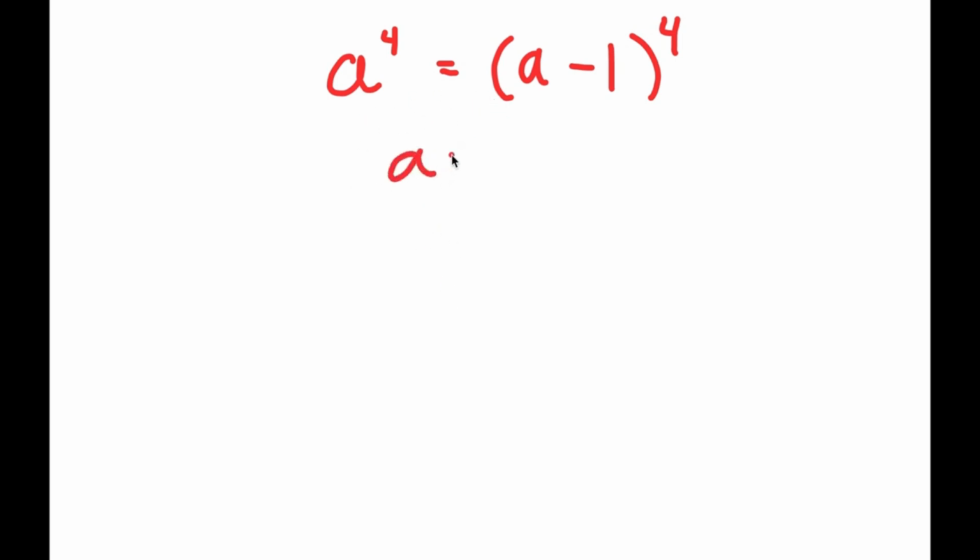Alright, so in this video, I'm going to be solving the equation a to the power of 4 is equal to (a minus 1) to the power of 4. So to solve this, my only variable in this equation is a, which is the variable I'm going to be solving for. And now for my solution,